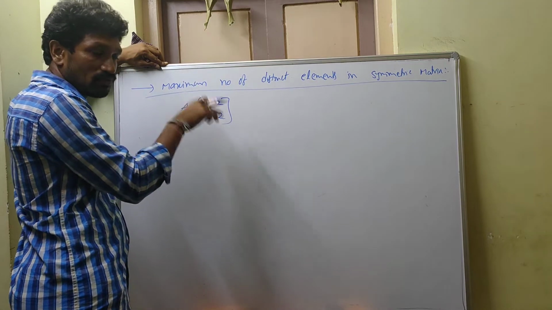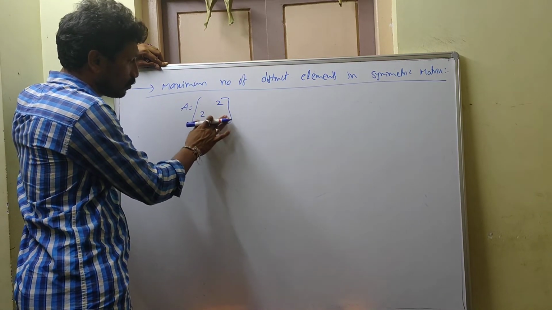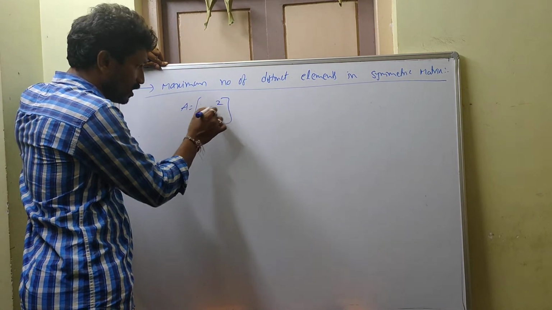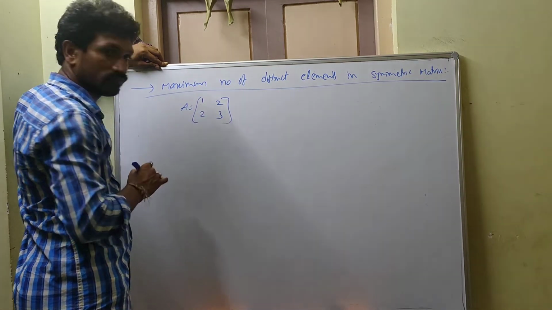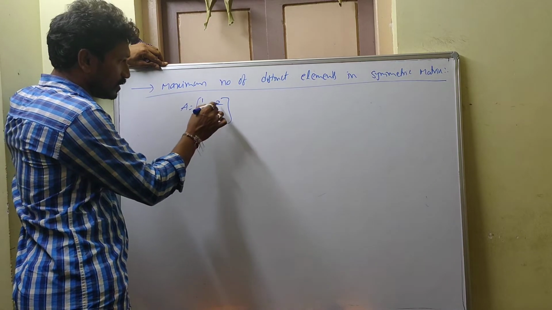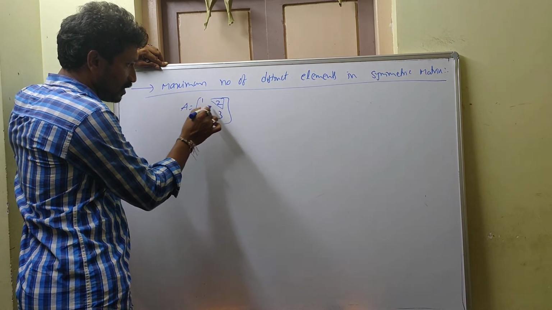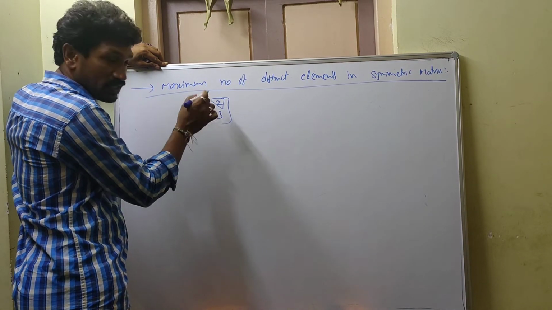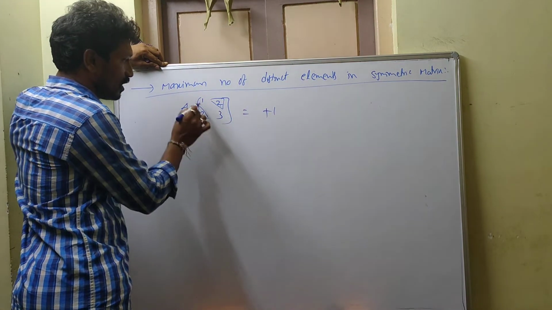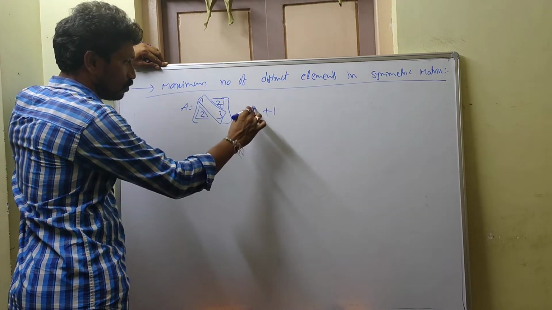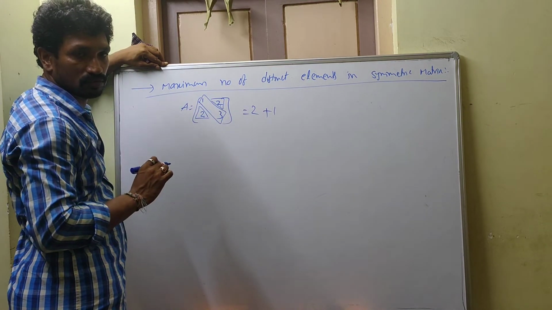If you want to get the maximum number of entries, these two should not be the same; these entries should be different. So you take some 1, 3. Maximum means here you take distinct numbers, and these two are the same number. That means these two are the same numbers. So you take here 1 plus, here how many do you have? 2. 2 plus 1.